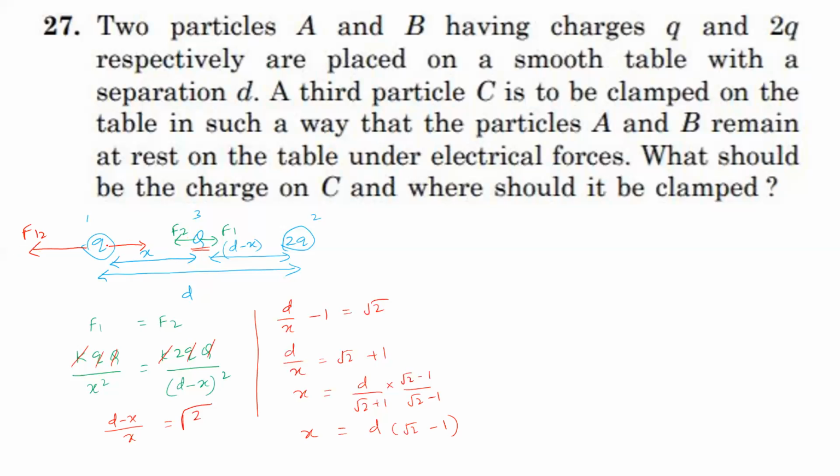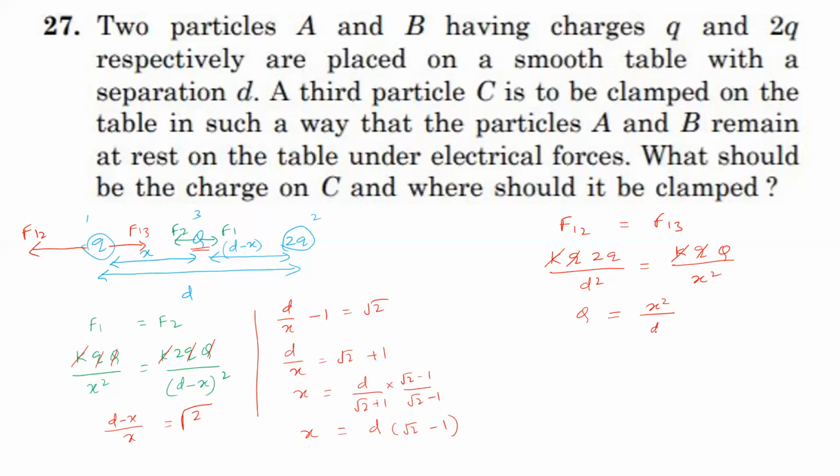So let us assume the force exerted by the third charge on the first charge is F13, towards the third charge. If the force exerted on the first charge by the second charge is equal and opposite to the force exerted by the third charge on the first charge, then the first charge will be in equilibrium. So what is the formula for force? It is k q1 q2 by r². The force exerted by the second charge on the first charge is kQq/d², and the force exerted by the third charge on the first charge is k q Q'/x², where Q' is the third charge. Now we can cancel k and the small q. Now by substituting the value of x, we can get the Q value. So capital Q is equal to